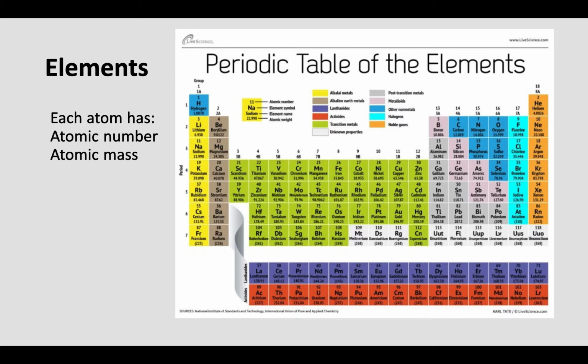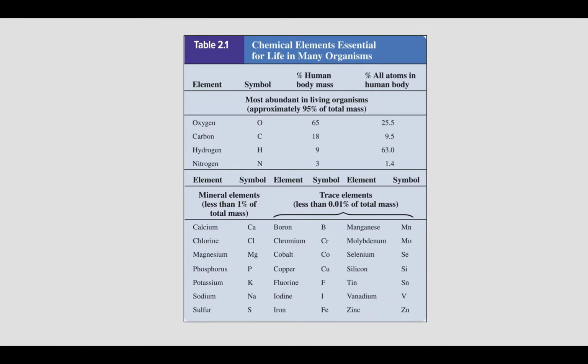It also has an atomic mass. Now, we're not going to do so much with atomic mass. If you guys are taking chemistry, you'll probably dive into this pretty deep. The atomic mass is that little number right below sodium. You can see how heavy an element is. So for our purposes here, we're just going to generalize and look at atomic mass as in sodium is heavier than hydrogen. All right, we're not going to do anything more with atomic mass. I just wanted you guys to know what that random number was.